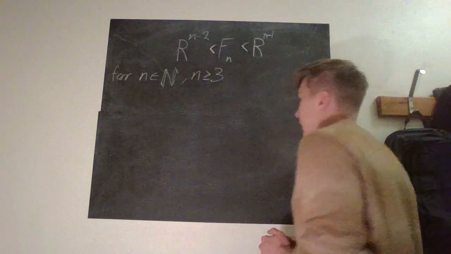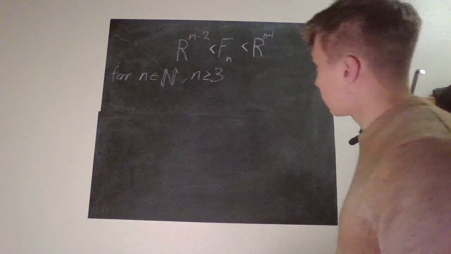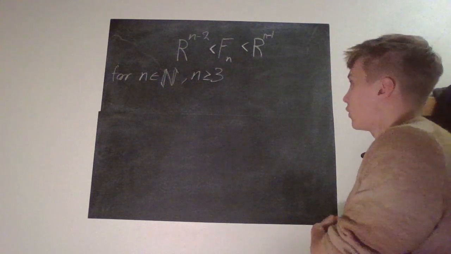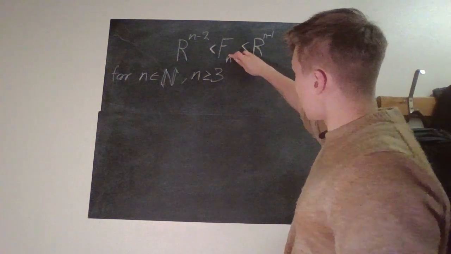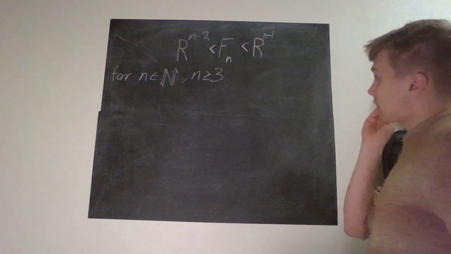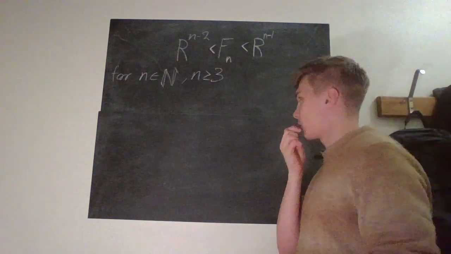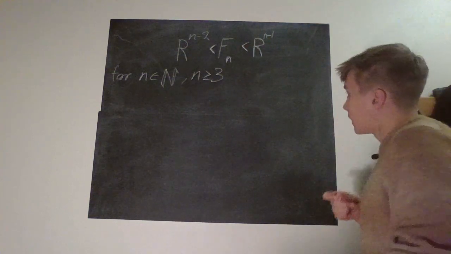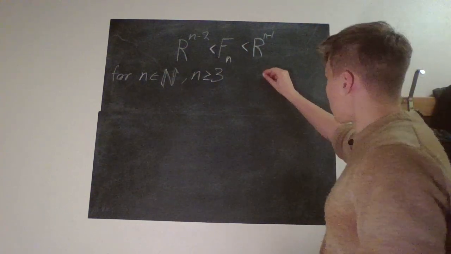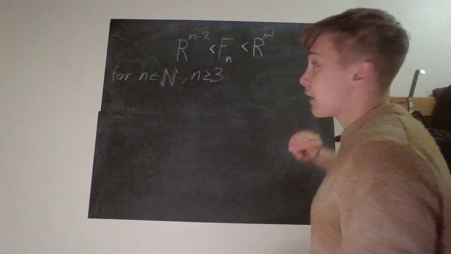Okay, so firstly, what does it say? It says r to the power of n minus 2 is always less than f index n, which is less than r to the power of n minus 1 for all n in the natural numbers, when n is greater than or equal to 3. This may look like complete nonsense, but r here refers to the golden ratio, and f is the Fibonacci sequence